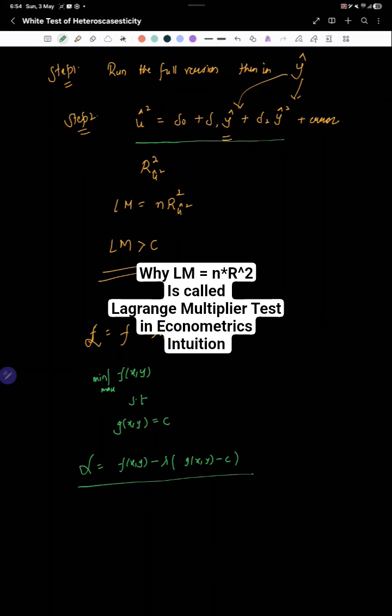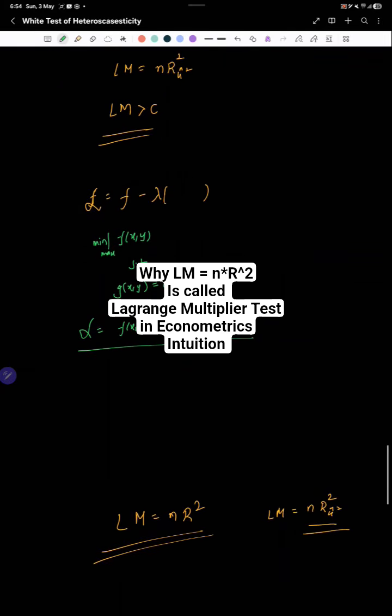At least try to understand the intuition behind why this is called Lagrange multiplier. I will not go into the details of the mathematics; I can make a separate video for that, but at least let's try to have some intuition behind that. So basically what we are doing in joint exclusion restriction, that is, suppose we were testing